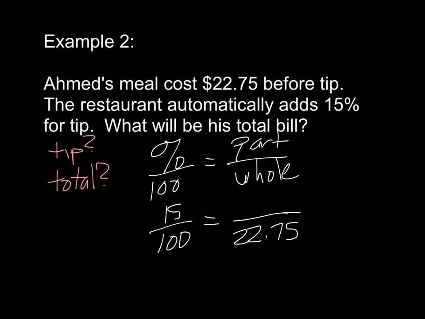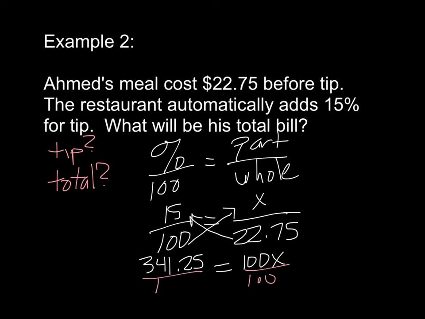The tip is the portion of that, so that is X. We do our cross products, and I will show the work for this one. We get 100X, and then 15 times 22.75 is 341.25. We will divide both sides by 100, and so for X we get